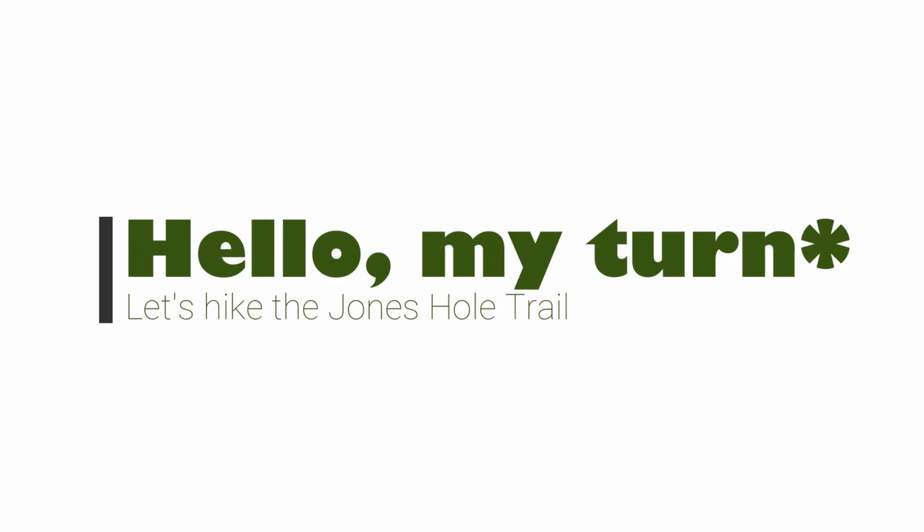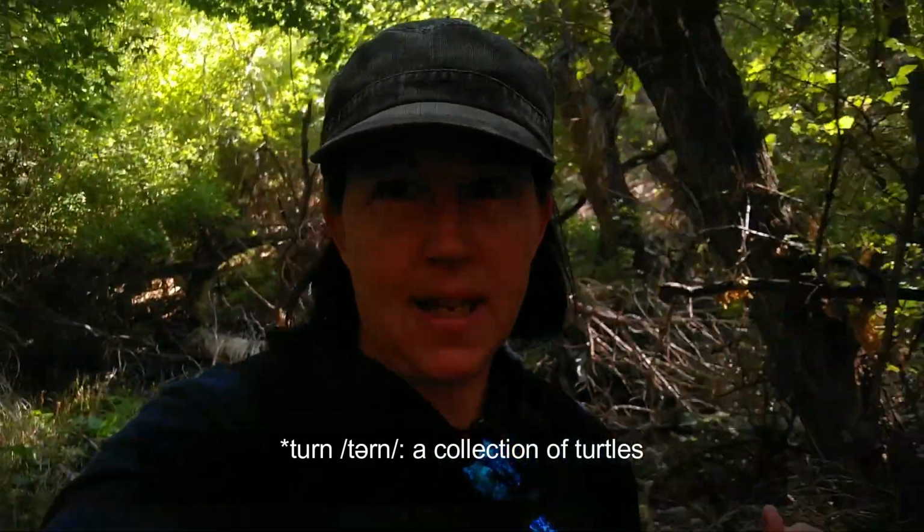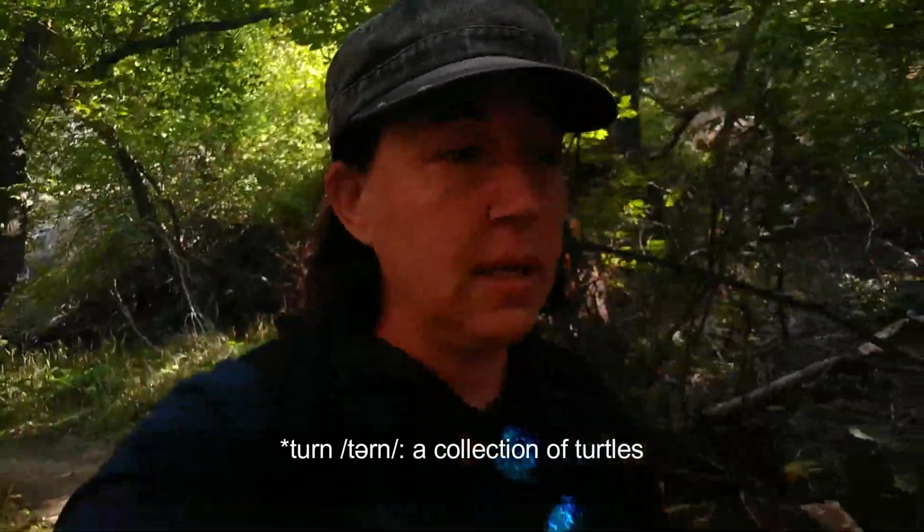Okay, I'm on the Jones Hole Trail in the northwest section of Dinosaur National Monument. It's not the most, but definitely a more remote part of this national monument. This trail is about 8 miles long, so it's going to take me a little bit of time, and when I get to the bottom, we should be at the Green River. We're going to make a quick side trip to see some falls, and hopefully we can spot the petroglyphs and